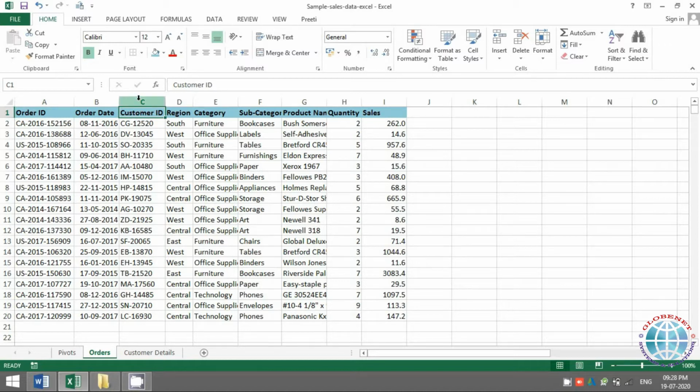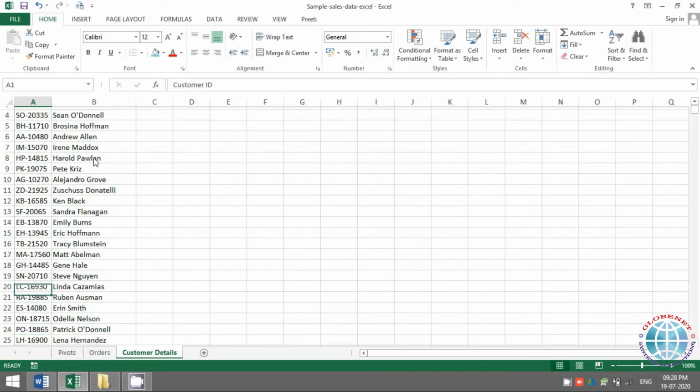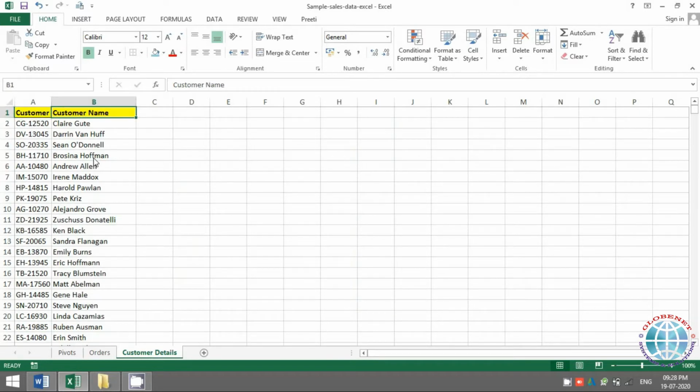But let's say there are more details in the other sheet. So in the other sheet, as of now we have just customer ID and customer name, but it could have many other columns, like customer address or the type of customer, anything of that sort. So at the moment I just want to fetch the customer names as per the customer ID.